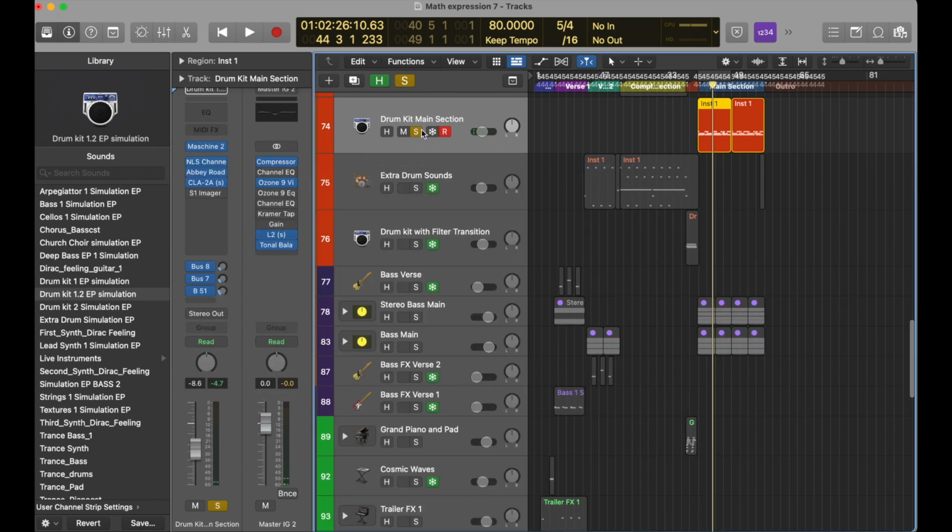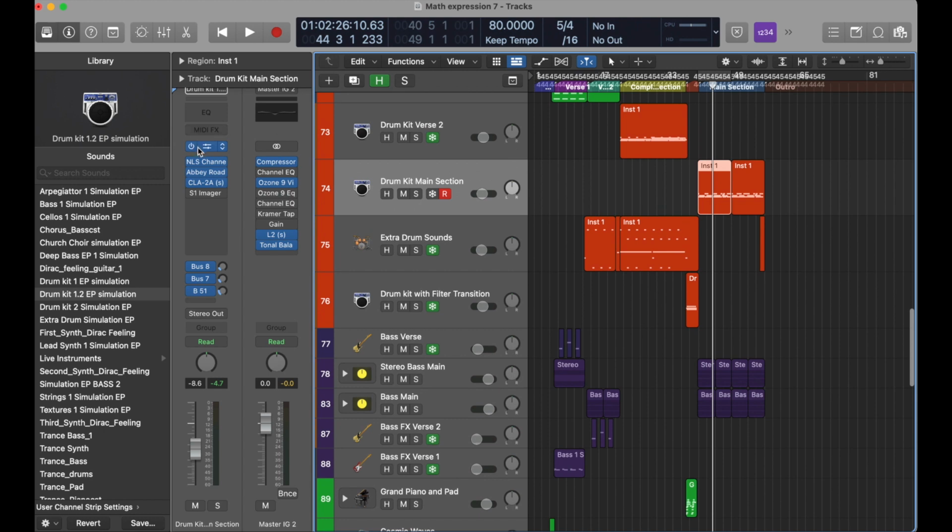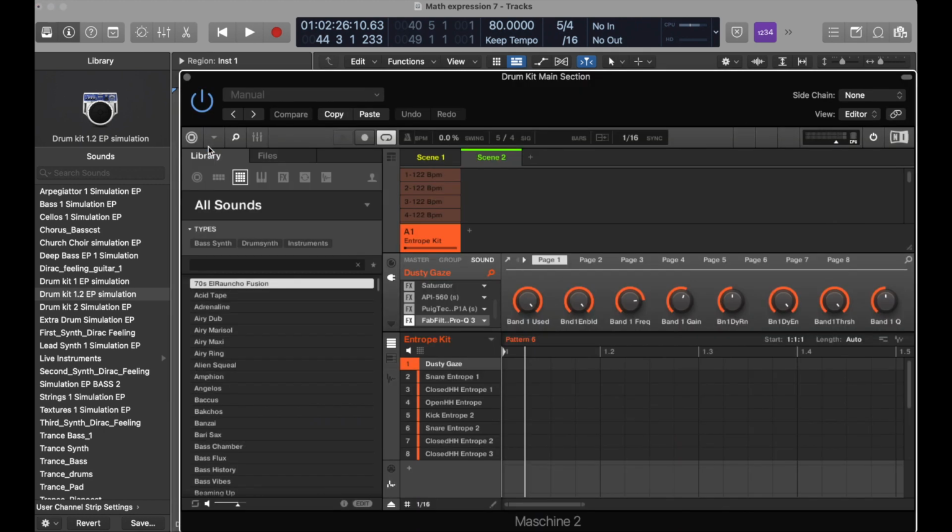The main plugin used in the drums is Machine by Native Instruments. I have here all my sounds. So the kick, snare, hi-hat, and crash are here. Also, I process each sound with different